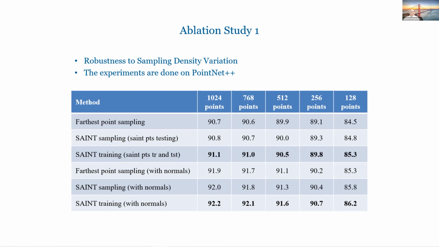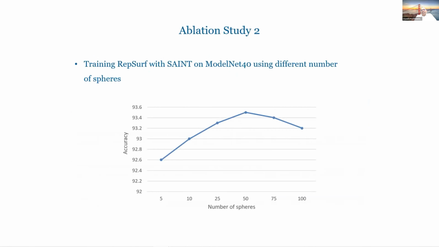Okay. So then we also went on to another classification network, and we said, okay, how does it work with different numbers of spheres? You can see that more spheres is helpful. Obviously, after a certain point, it's not helpful. So we always pick the right one based on the computation.